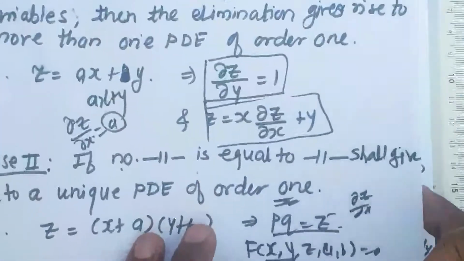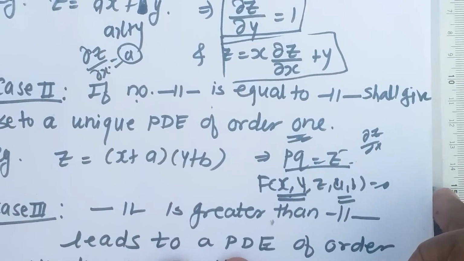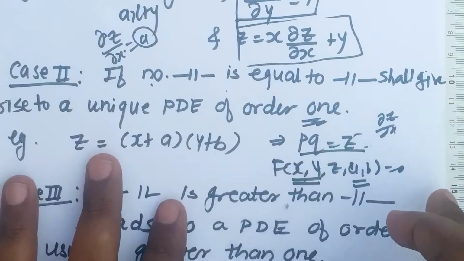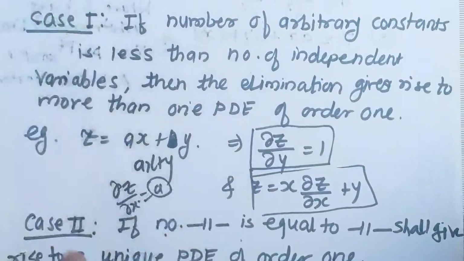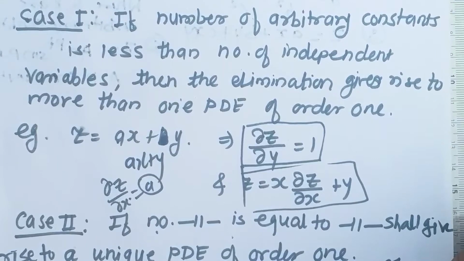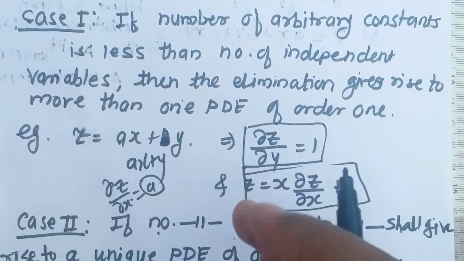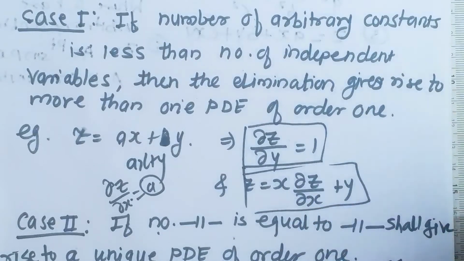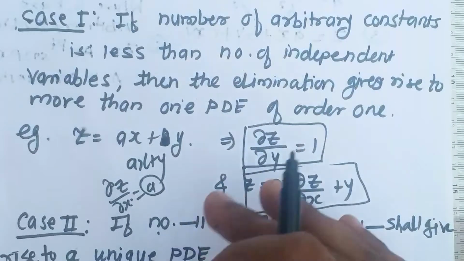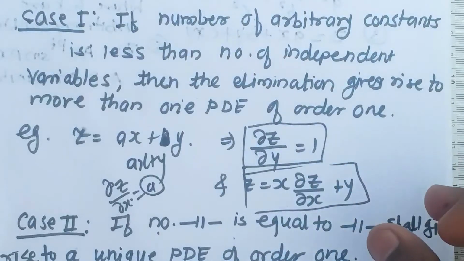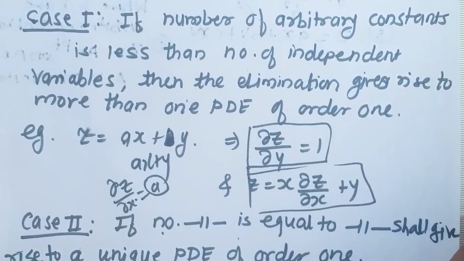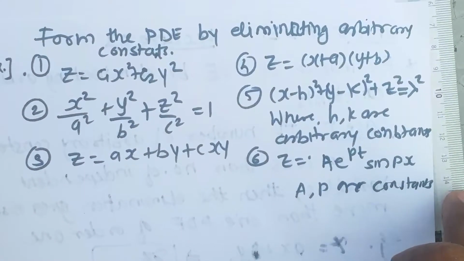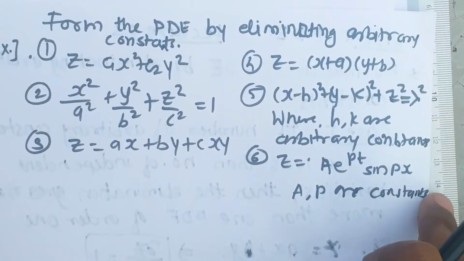And if you are not able to find the partial differential equation after differentiating one time, then you need to differentiate one more time. These are the cases that I have discussed, but they are just some situations that you may have in front of you. In problems, accordingly you need to make sense. These cases will give you some idea how to deal with the problems. Now let us move towards more examples. Here I have listed some problems. Some of them I will do, some I will leave for you.